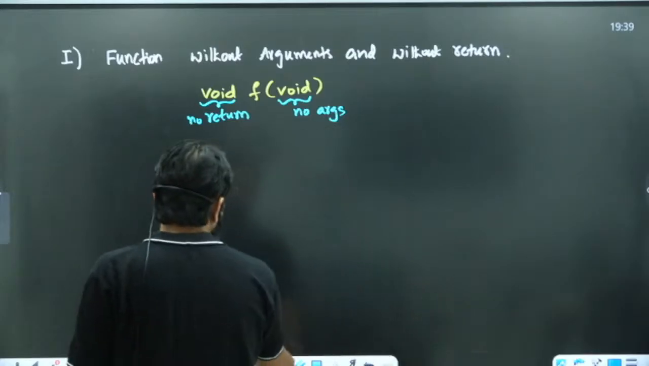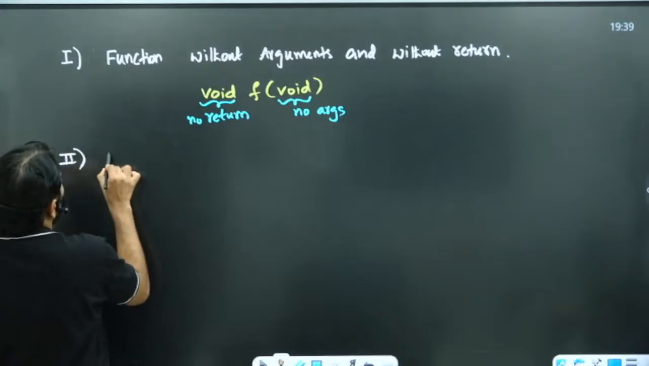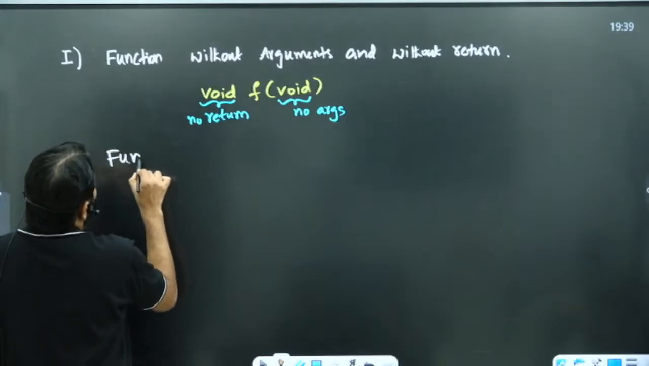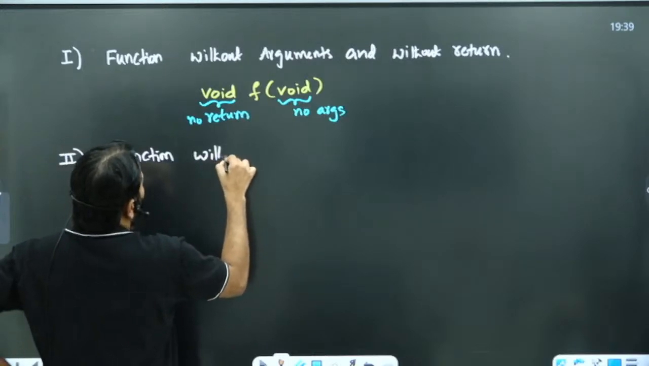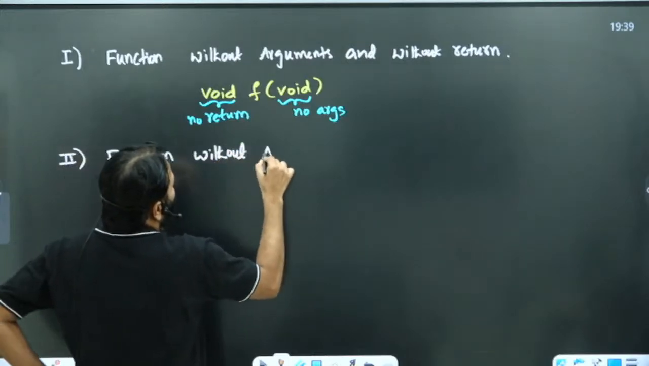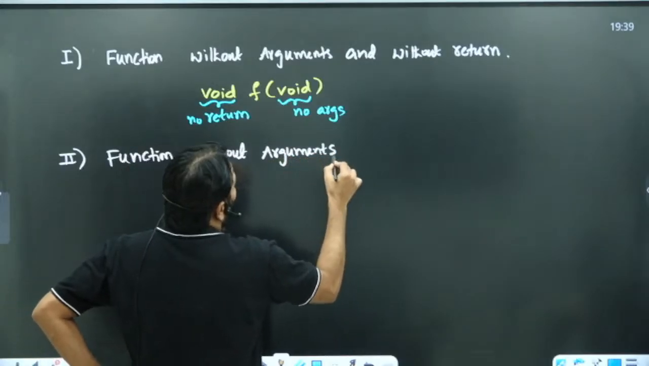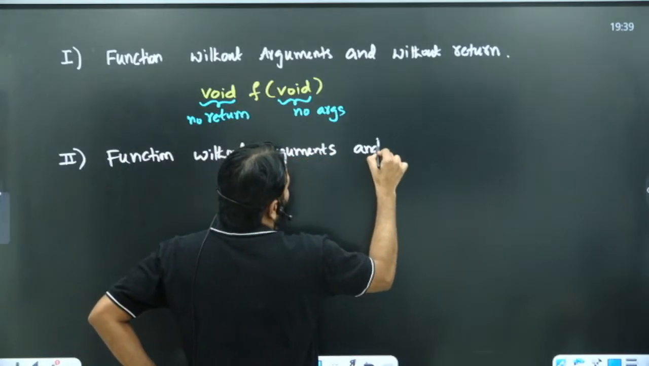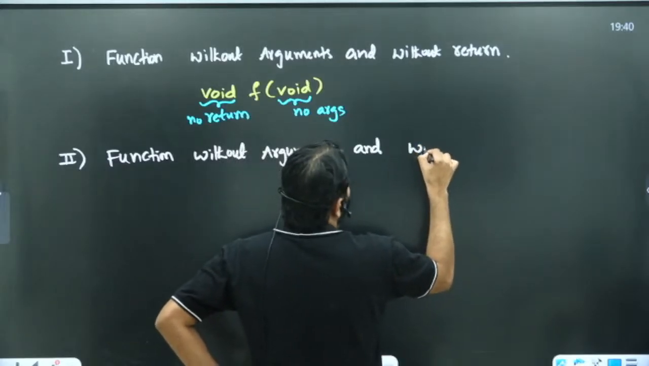और सेकंड क्या होता है? फंक्शन विथआउट आर्गुमेंट्स। आर्गुमेंट्स हम पास नहीं करेंगे, बट यू कैन एक्सपेक्ट and with return।